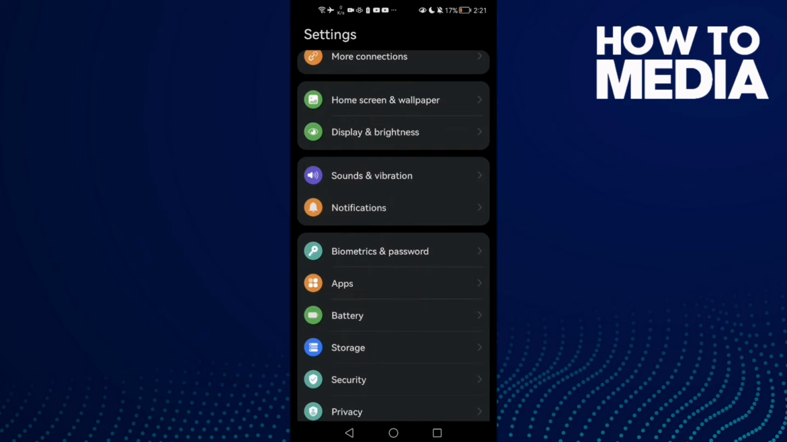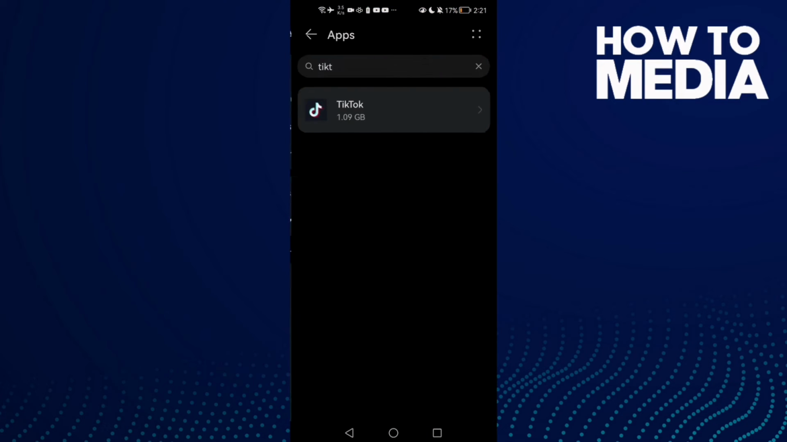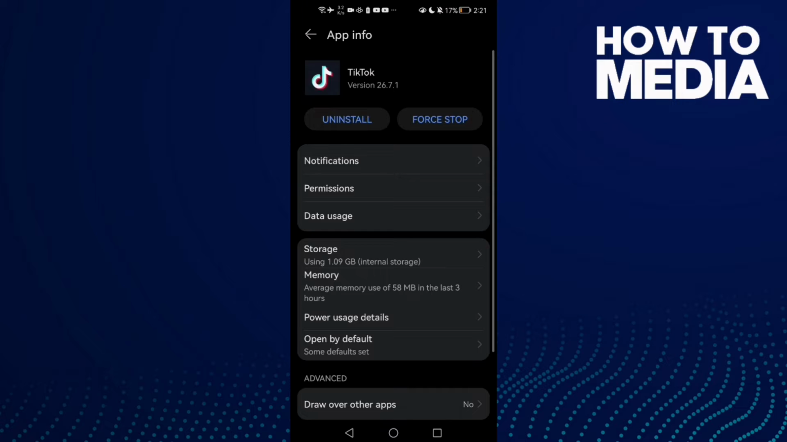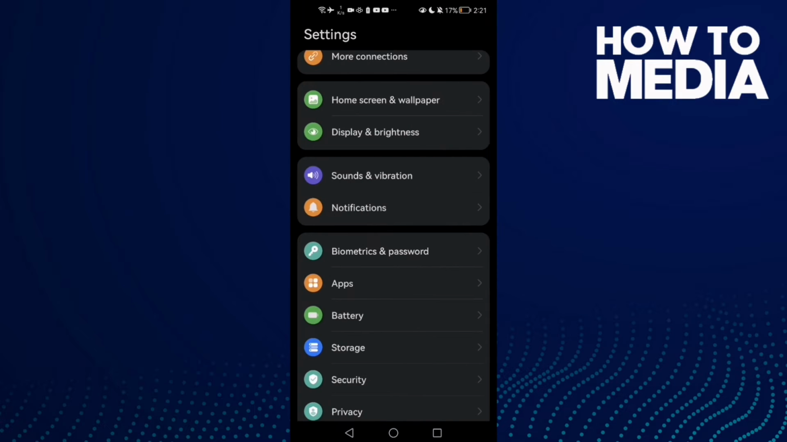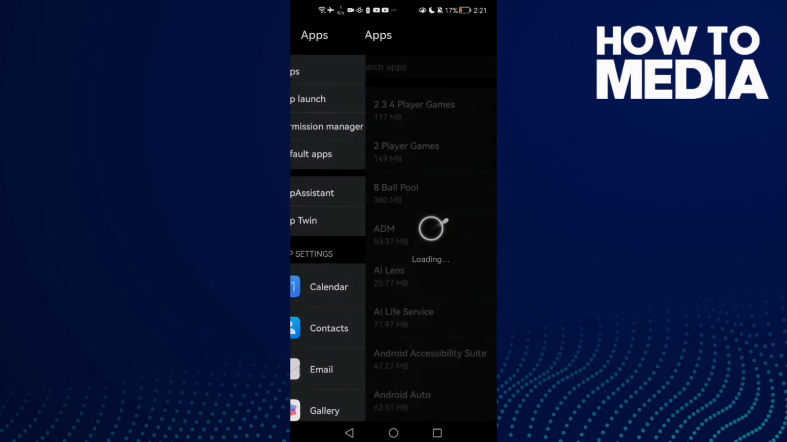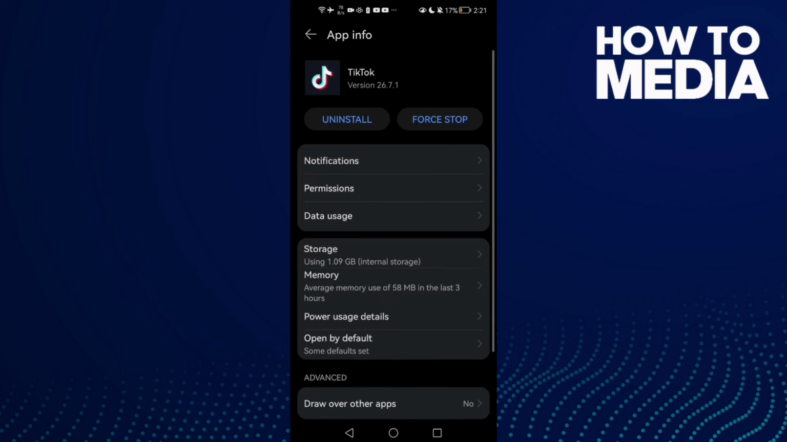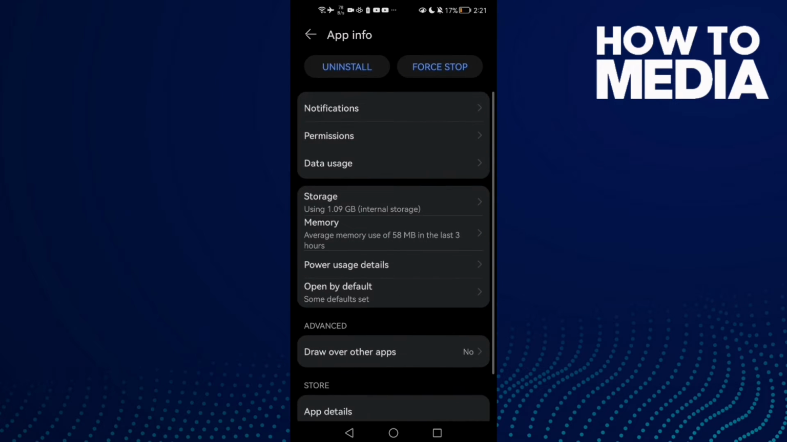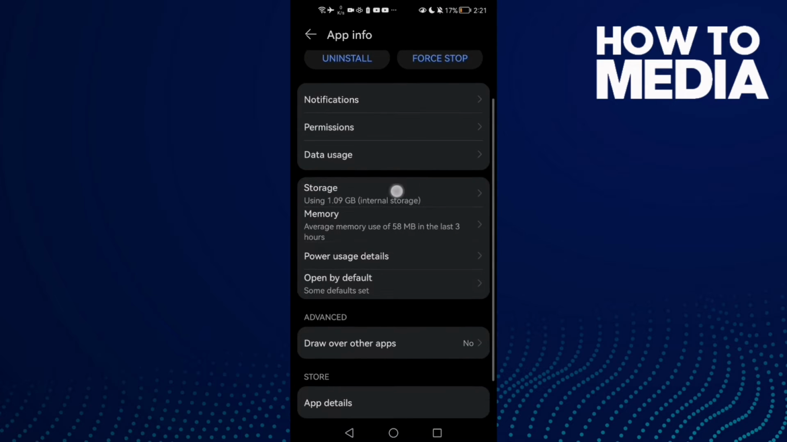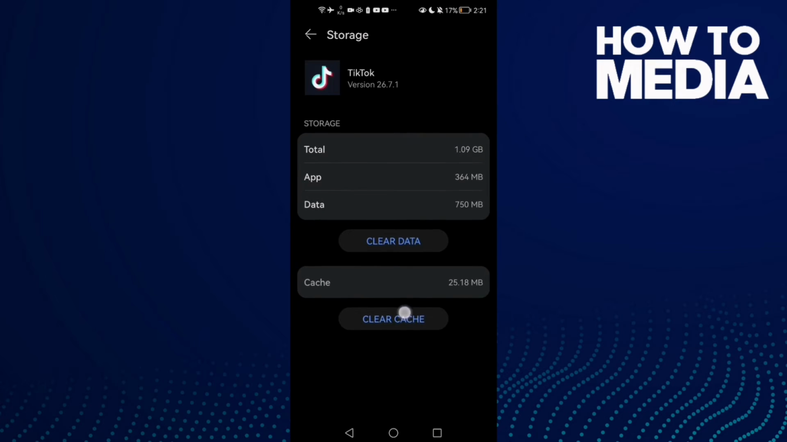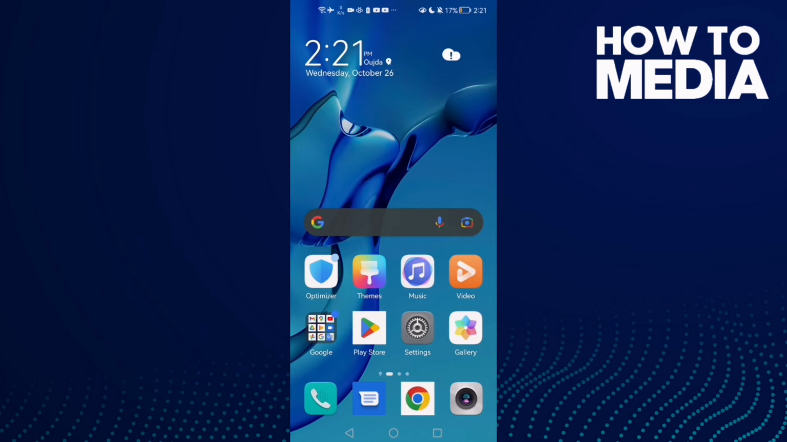First just try to clean your cache, your TikTok cache. Go to apps and then apps again, and here you need to find TikTok, type it and click TikTok and go to storage, clear cache. Now just go and try again, and if that doesn't fix your problem, just restart your phone,